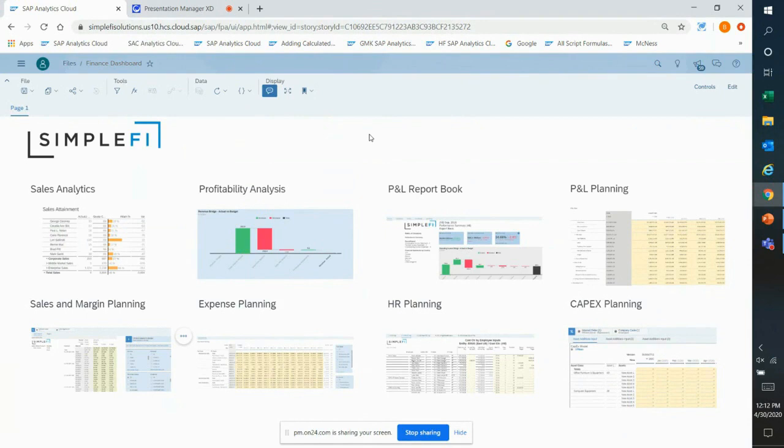All right, thanks, Dominica. All right, so where we're starting here is basically what I consider our general finance dashboard. We've got different areas where we can launch into. For today's presentation, we're going to focus mainly on the bottom row here. So we've got some other analytics and reporting up top. Really, we're talking about planning, obviously. And so we're going to cover some topics around our sales and margin planning,